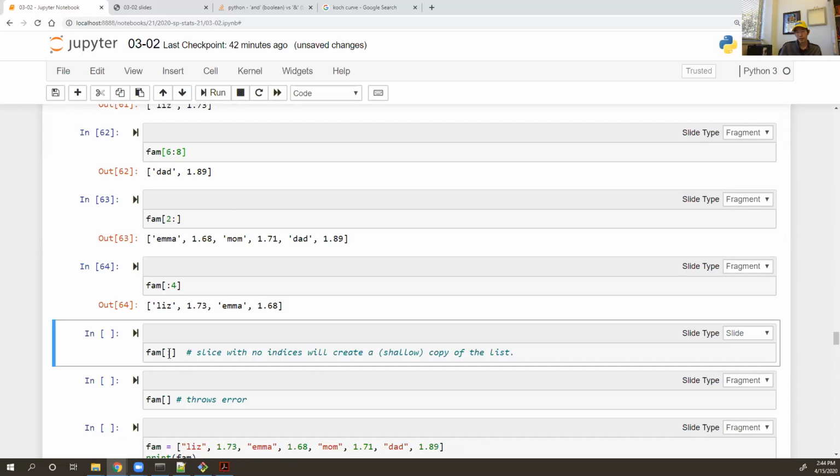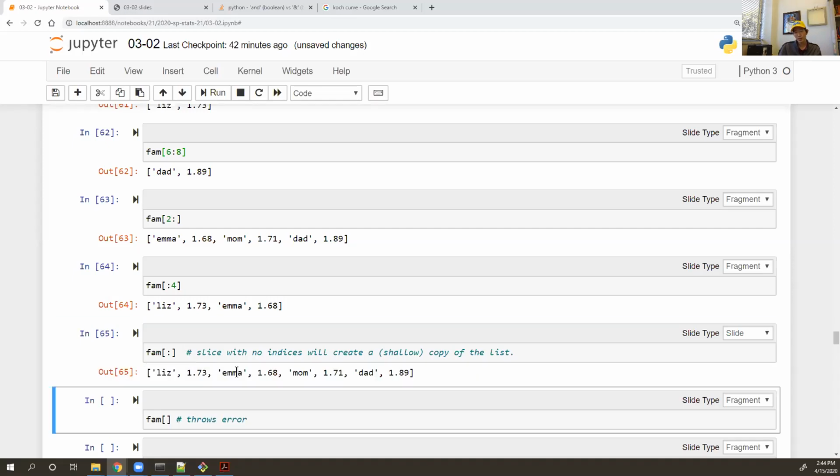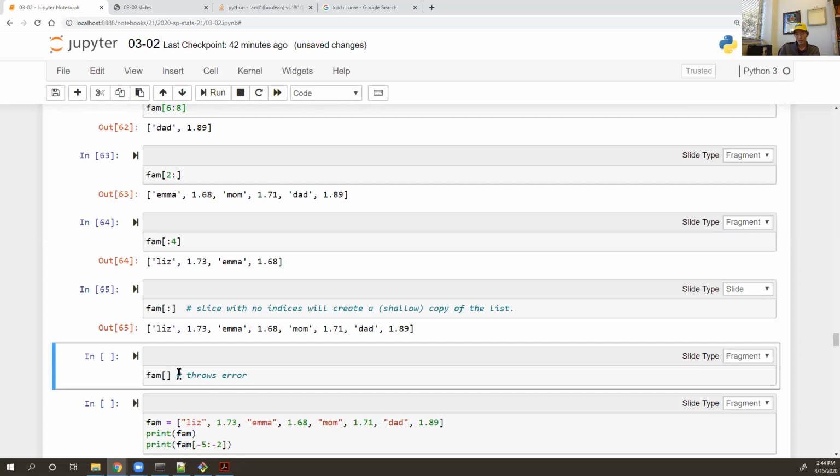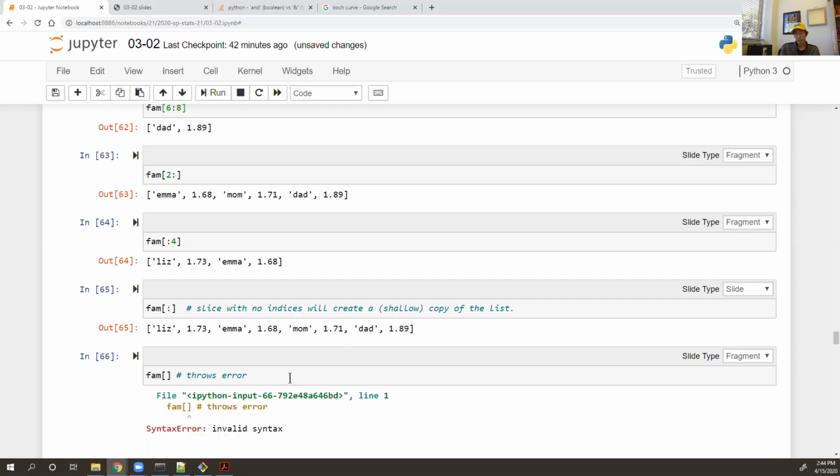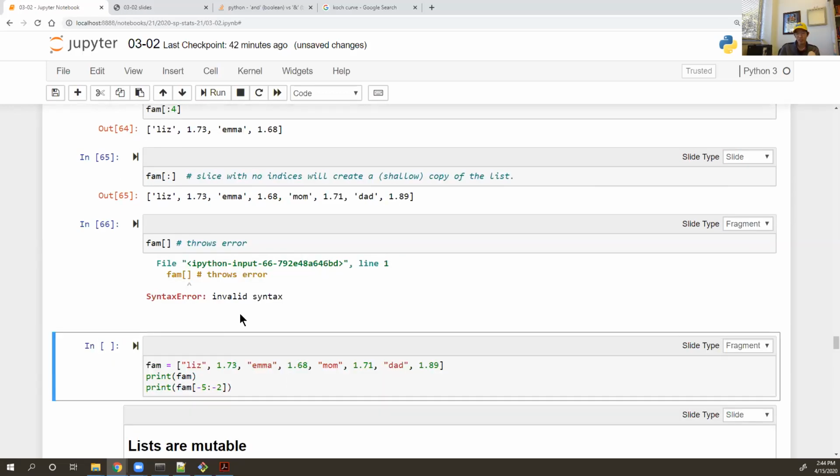Okay, and then if you put in nothing colon nothing, this will just give you a copy of the list. All right? This is technically what's called a shallow copy. I don't feel like getting into it right now, but you're gonna get a shallow copy, right? If you try to subset a list and you don't give it any values inside, Python gets mad at you, okay? It says, hey, that's not okay. You can't tell me to slice the list and give me nothing, okay? So it doesn't like that,